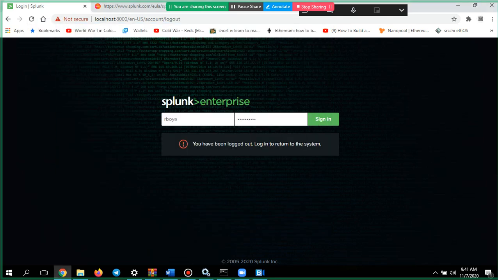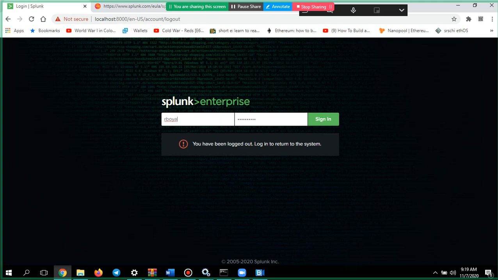If you get a page not found error, then you just log in with whatever username and password you created while installing, not while creating the user account, but while installing. The same thing you have to use.